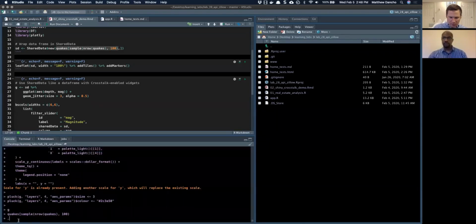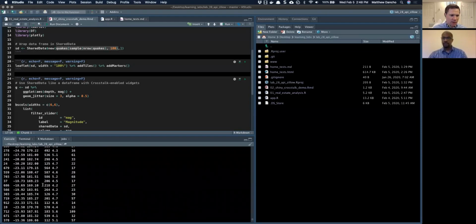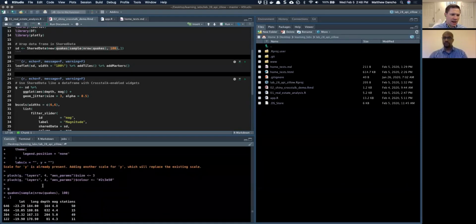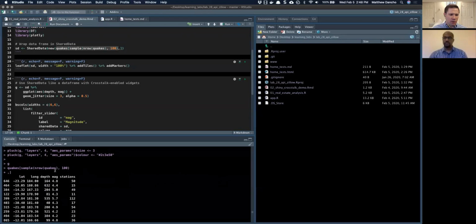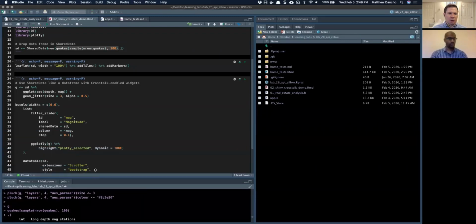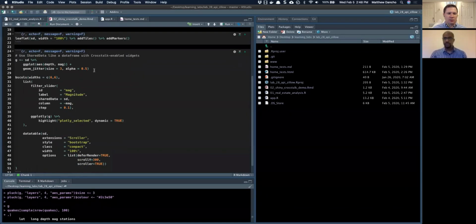What did I forget? I missed this part of it. So you can see it's just a data frame. It's got a lat longitude, a depth, a magnitude, and stations. So we're going to sample 100 of those. And then what we're going to do is we're going to map it, we're going to visualize it, and we're going to show you how to filter. So when I run this,